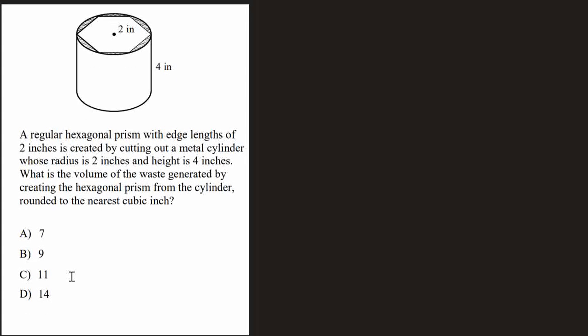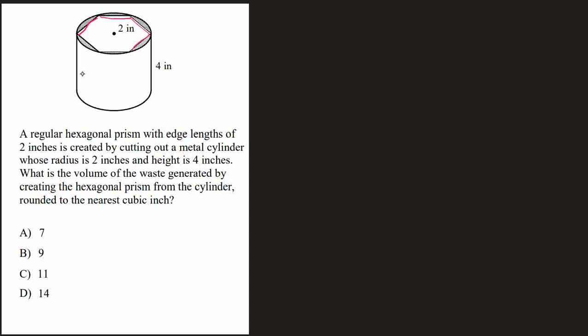So we have next question. A regular hexagonal prism with edge length of 2 inches is created by cutting out a metal cylinder. So this is the hexagonal, here, here, here, here, here, and here, whose radius is 2 inches and height is 4 inches. What is the volume of the waste generated by creating the hexagonal prism from the cylinder, rounded to the nearest